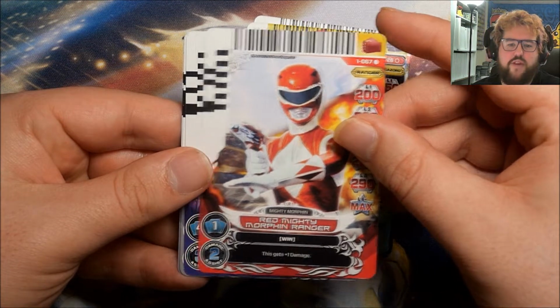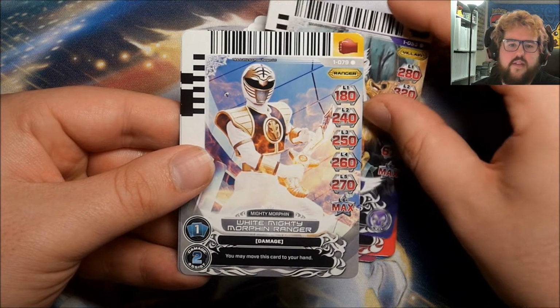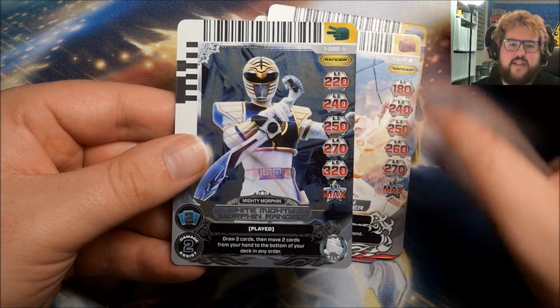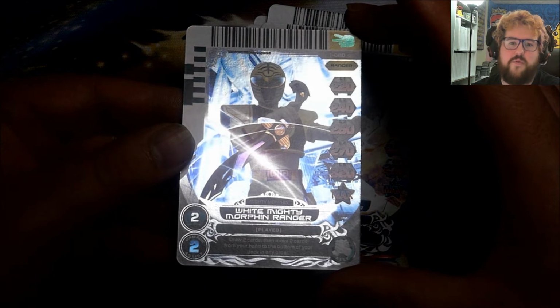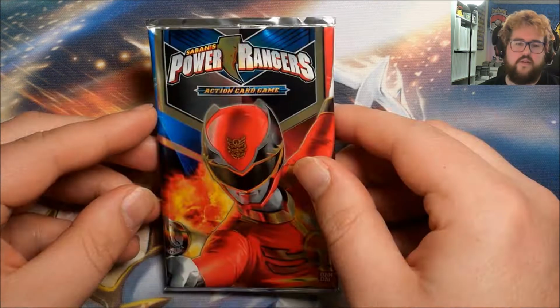Red Mighty Morphin Ranger, Cerator, and White Mighty Morphin Ranger. And then this is a super rare because it just has the outline, and this is the white. Ooh, really did something to the camera there. White Mighty Morphin Ranger. So the other thing to note as well is they do have, before the collector number,